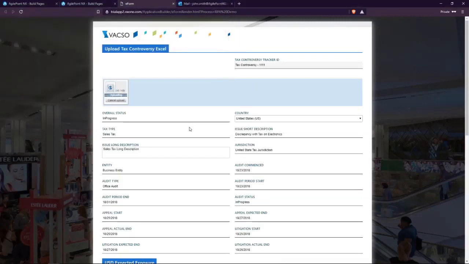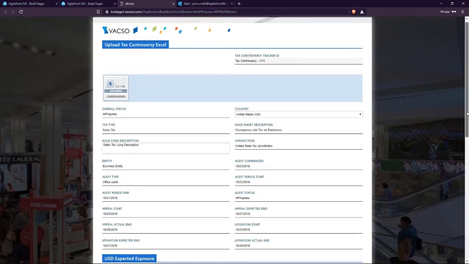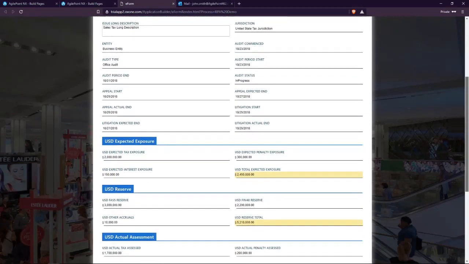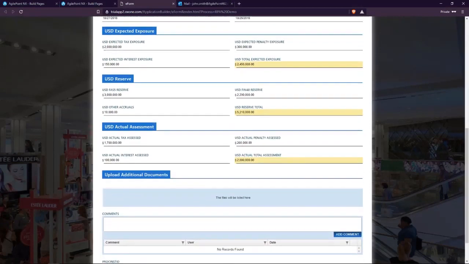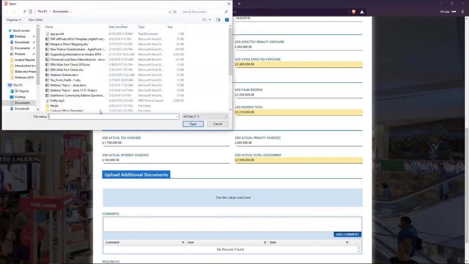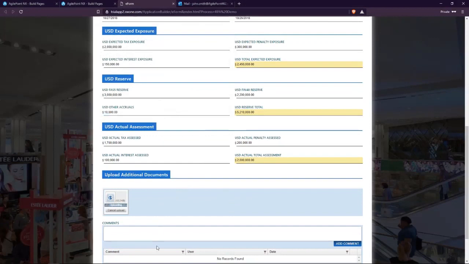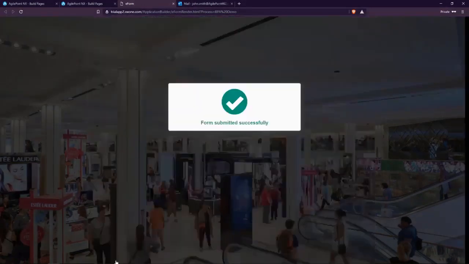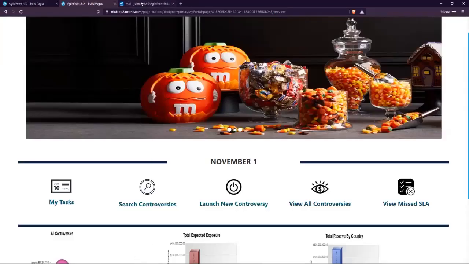So what I'll do here is I'll attach my Excel document, and AgilePoint's going to extract all of the values from that Excel and pre-populate the form on my behalf. Optionally, I can attach additional documents here and leave a comment for the next approver in the chain. Now, this is handy not only to see the audit history throughout the process instance, but I can also report against this sort of data here as well. But for now, let's just click Submit. And in just another moment here,